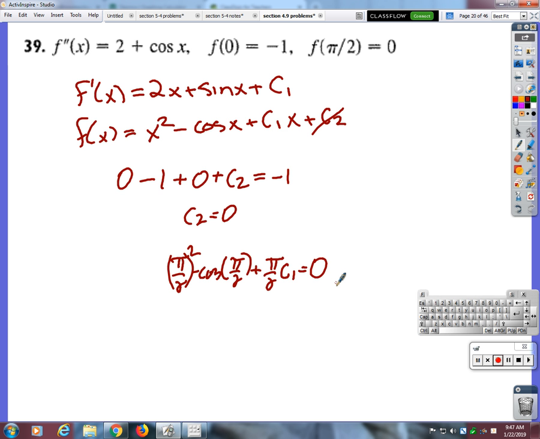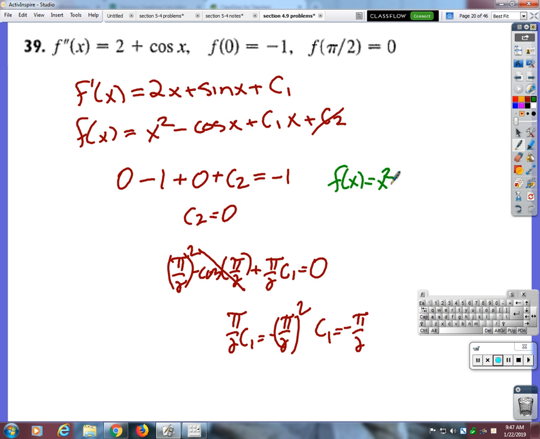Maybe? Okay. Well, the good news is that the cosine of pi over 2 is 0. So this is going to be gone. So that means that pi over 2 c1 equals negative pi over 2 squared. So if you divide pi over 2 squared by pi over 2, what do you get? Yeah, but it is negative, I think. So that means my actual answer is x squared minus cosine x plus, minus,